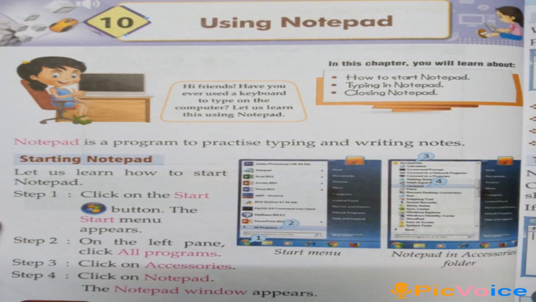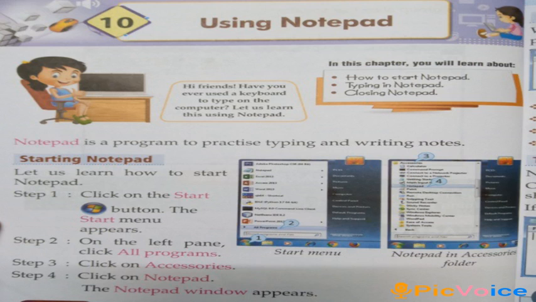And to write and type in Notepad, we have to open Notepad. Then how should it be opened or started? To start Notepad, we have to follow 4 steps: step 1, step 2, step 3 and step 4. In step 1, we click on the Start button,